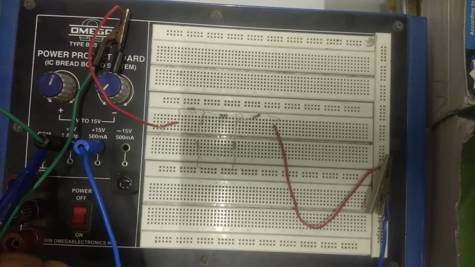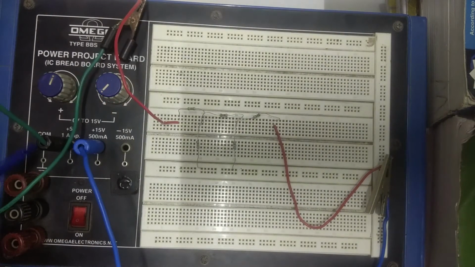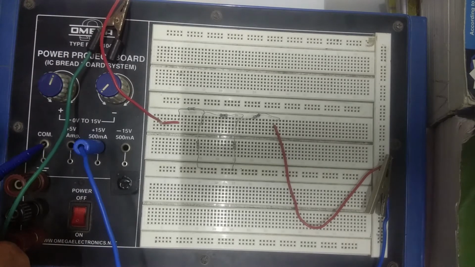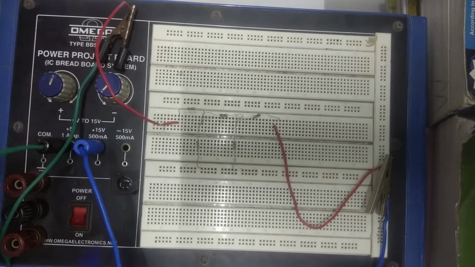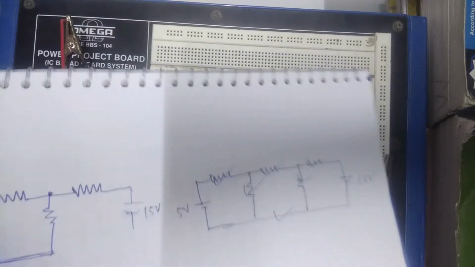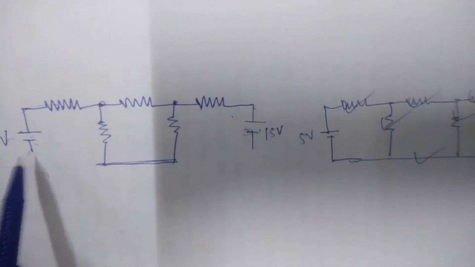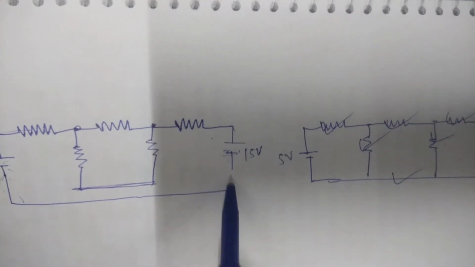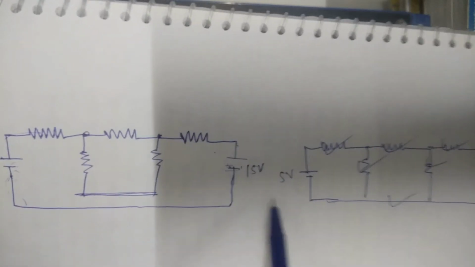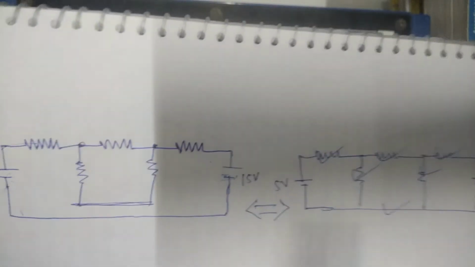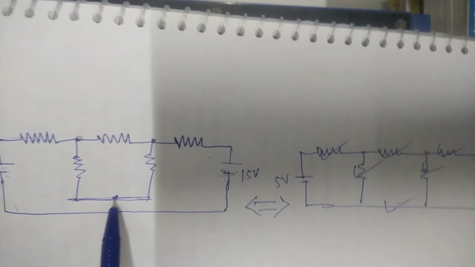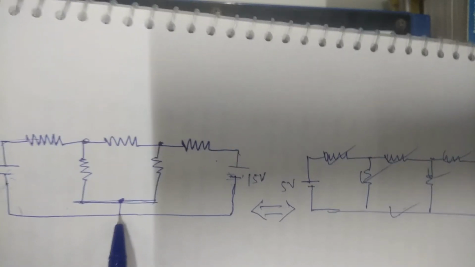So the common point is available over here, that is already here. Okay, you can see here. This common point is available over here. Okay, so what I have to do, even if I have not joined the circuit, this common is already joined. Okay, now what is remaining? This and this. What is remaining from this circuit to this? We have to join the common point between these two points.